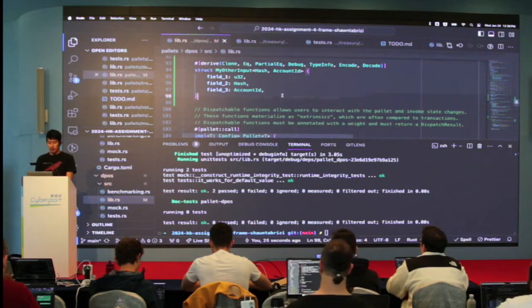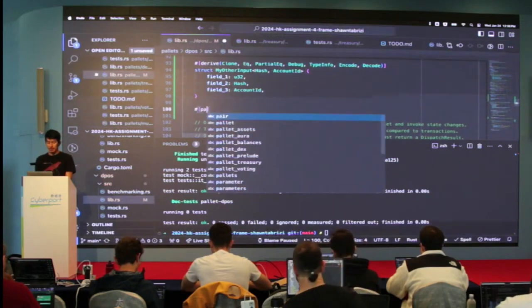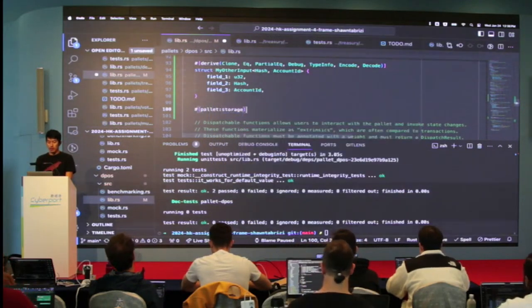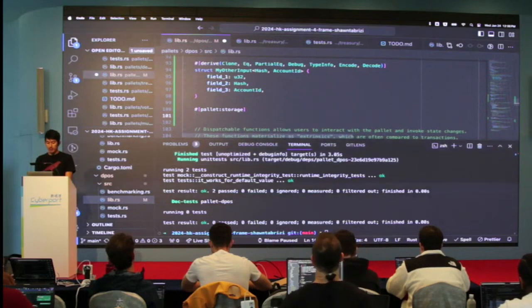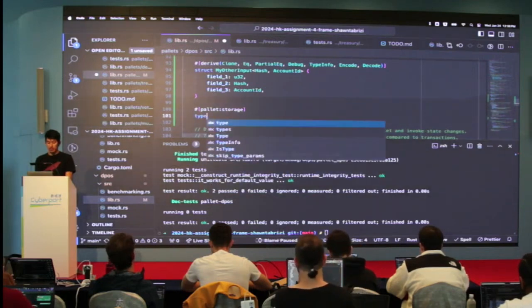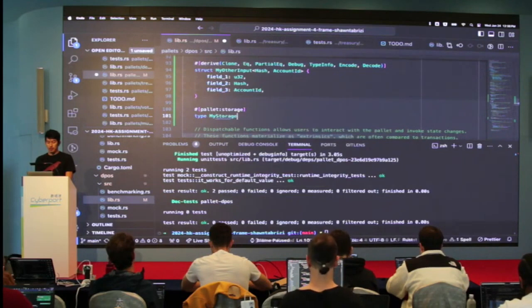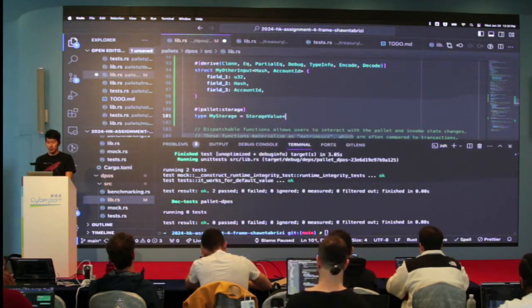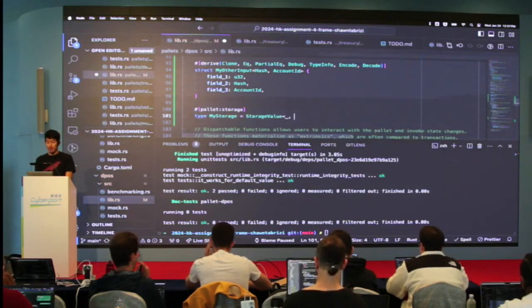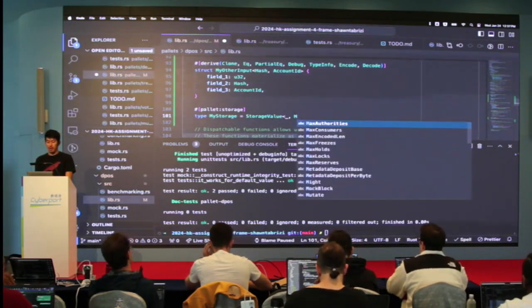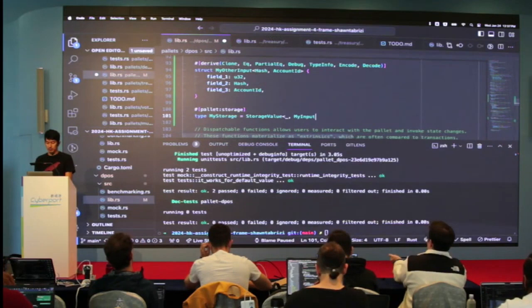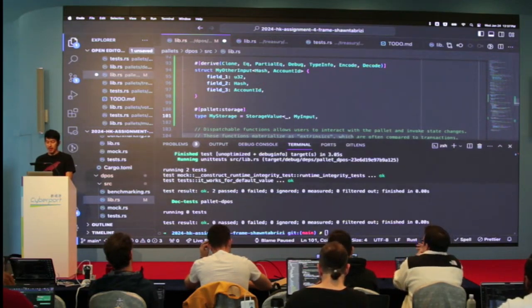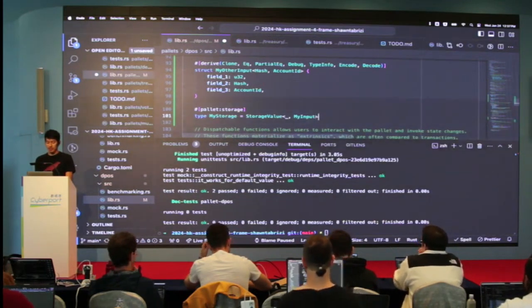Okay, I'm gonna make a new pallet storage, type my storage, which is going to be a storage value with the type. Let's do my input with the T, right? And that's it, something like that, right?